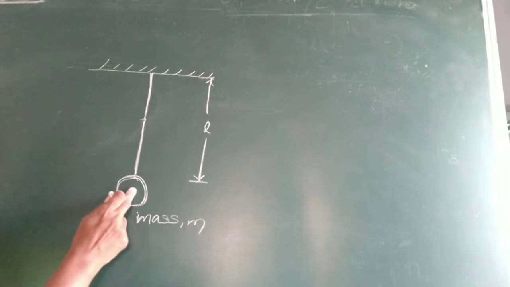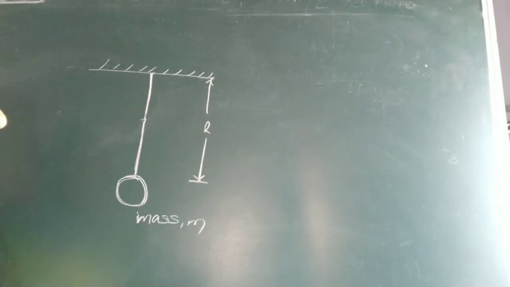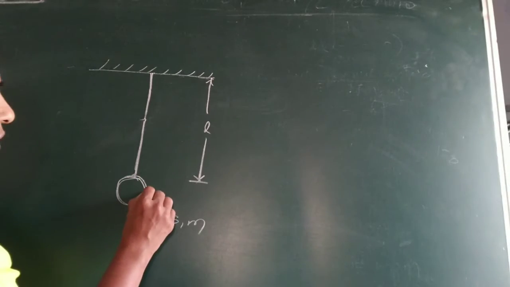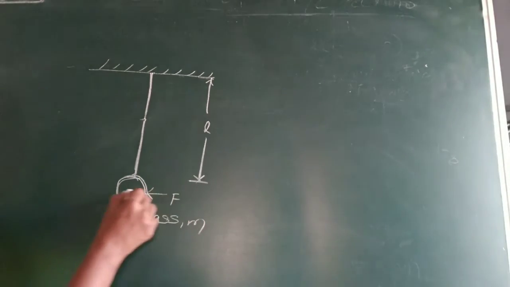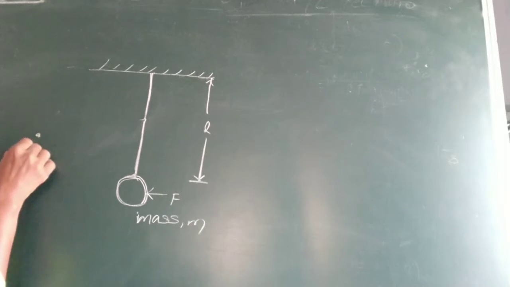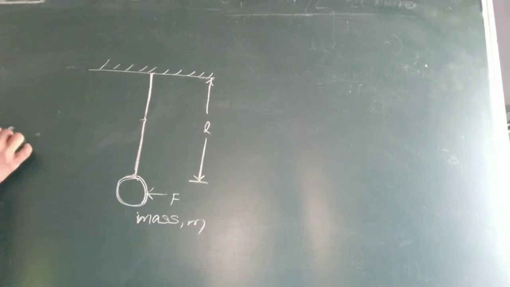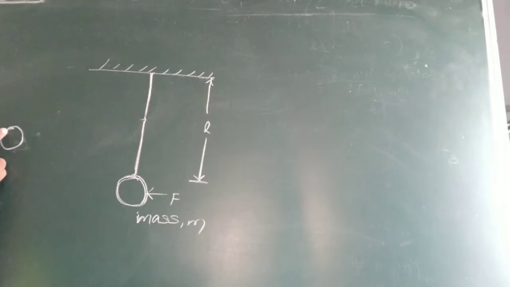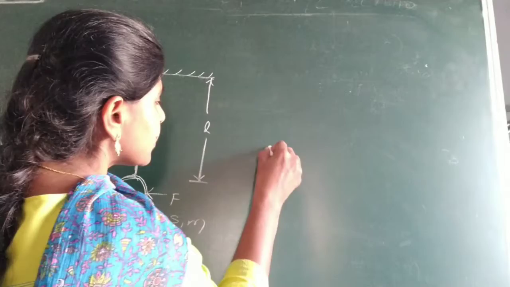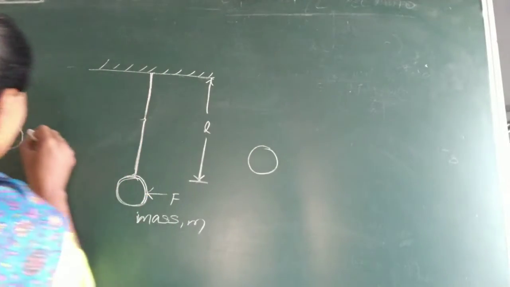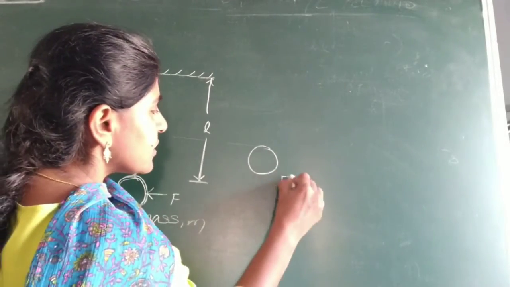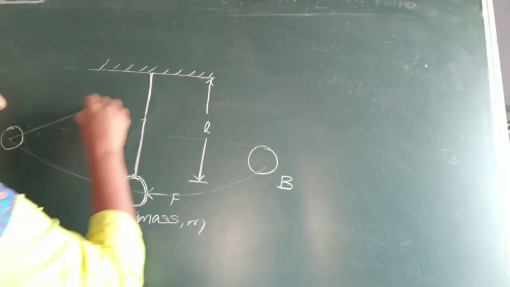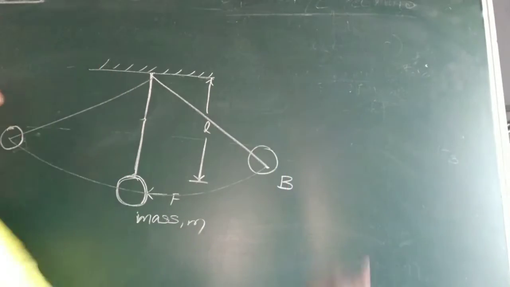Now, what is a simple pendulum? What is the use of a simple pendulum? It is used to study oscillations and vibrations. If you apply some force, it will move between two positions. It comes here, and then again it goes back. So it always moves between two fixed positions like this. You might know the simple pendulum, right?